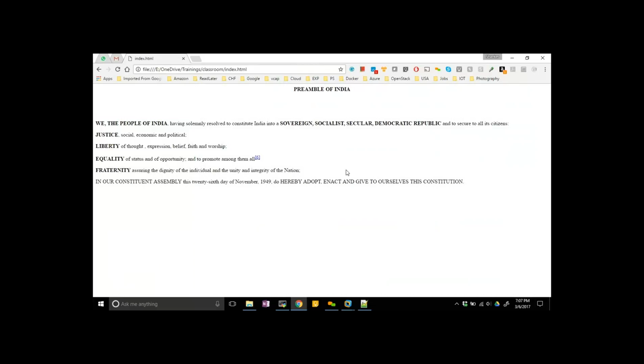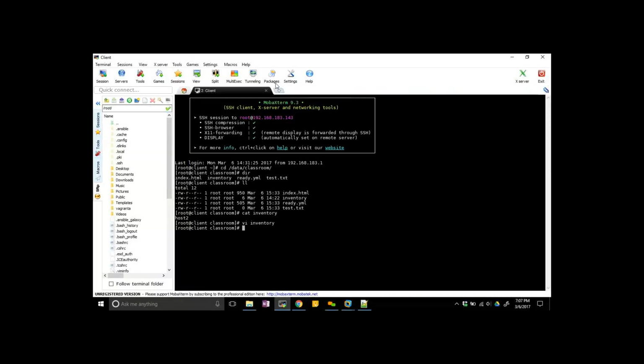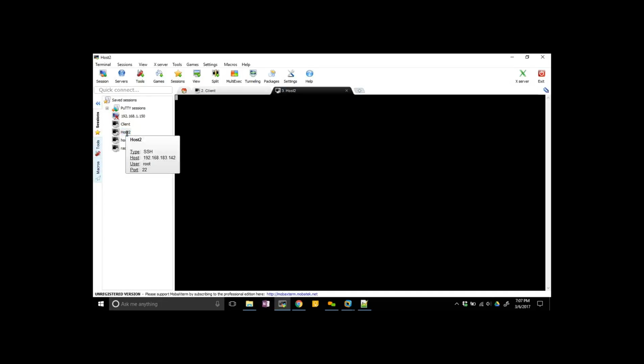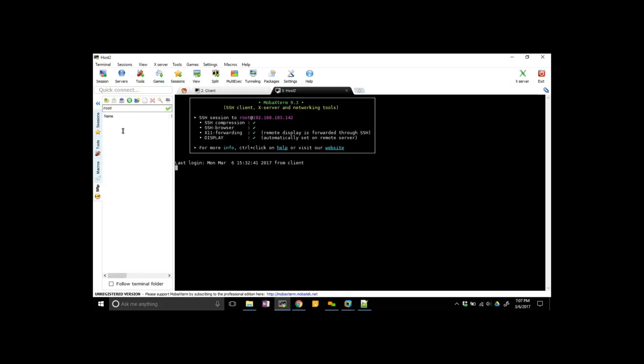I'm going to configure it on my website. This is my Ansible machine, and these are my two new host machines, the target machines.